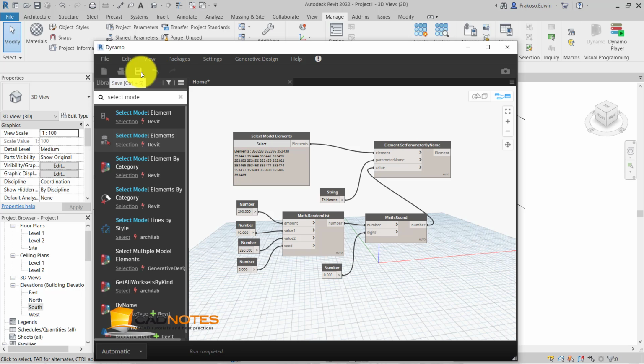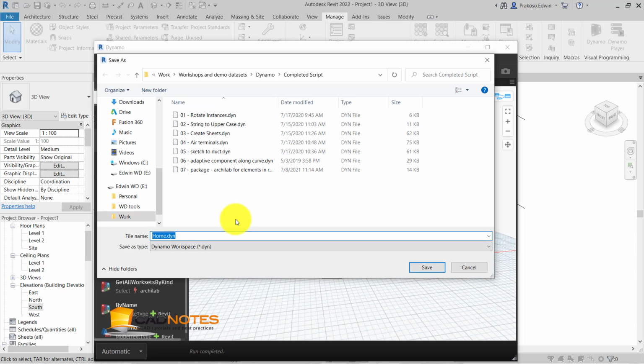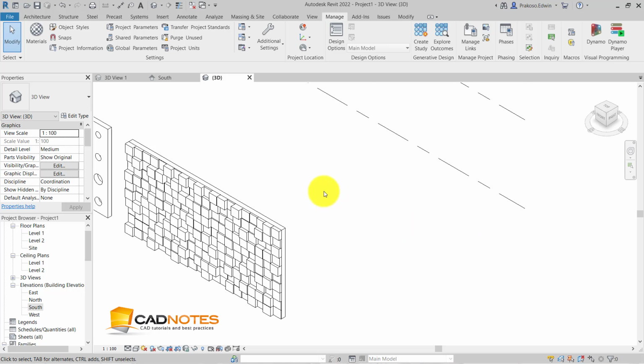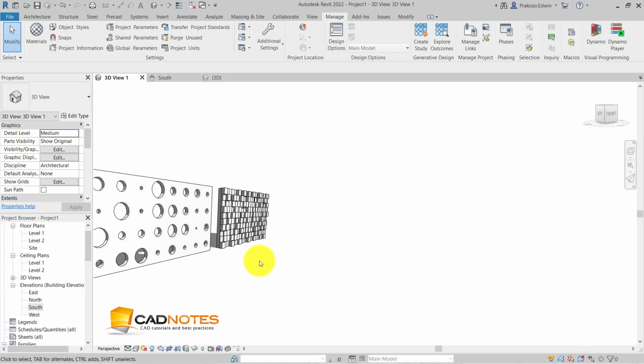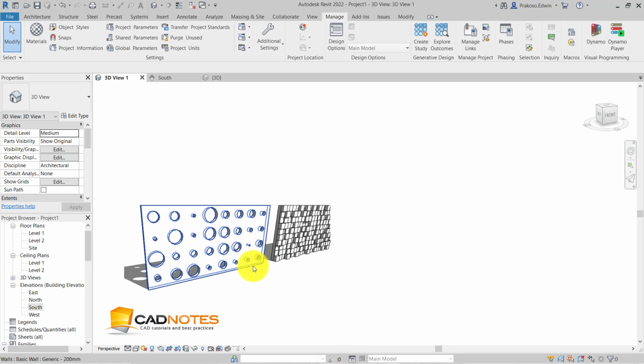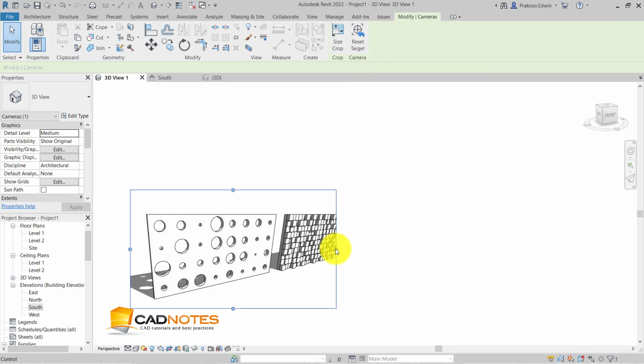Let me save this one. Let's name it element parameters. Okay, close it. Now you can see that we have two nice walls with random radius and also random thickness like this.